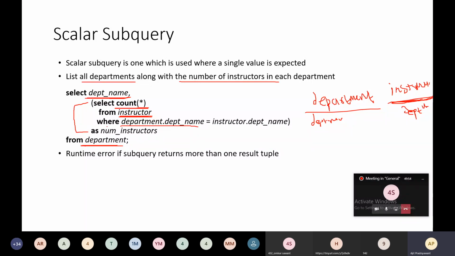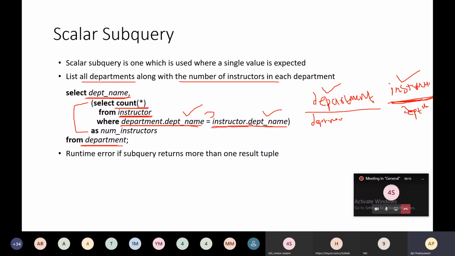That's why we have used the where condition. Department dot department name means this department name will be taken from this department relation, and instructor dot department name means this column retrieved from the instructor.